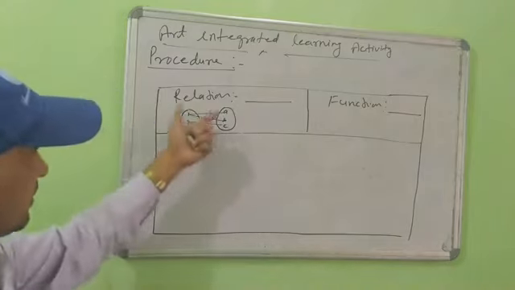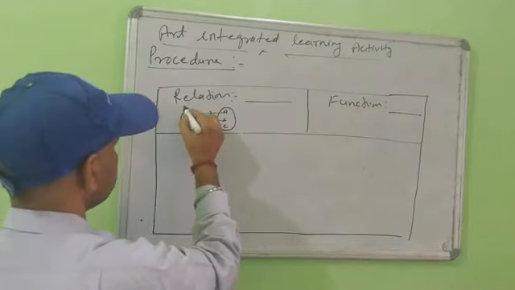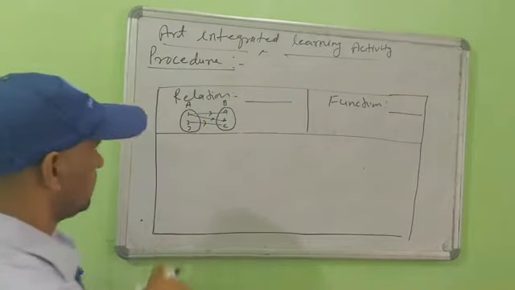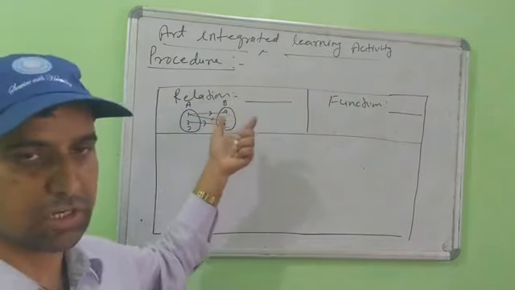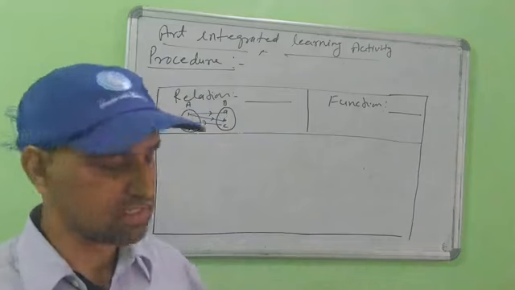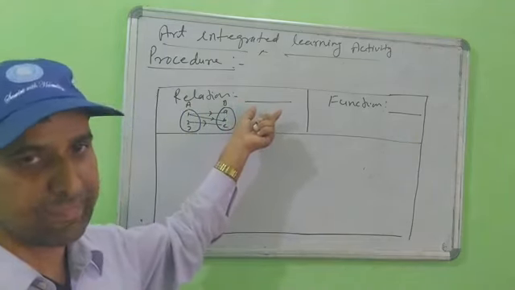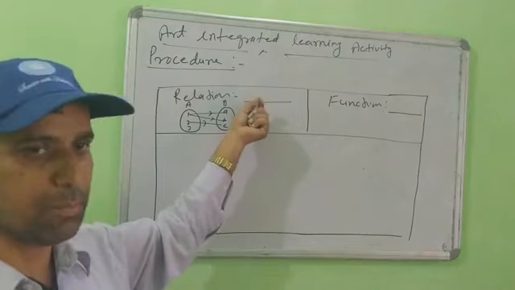In this type, this is the domain part. Suppose this is the set A and this is the set B. Simple definition of the relations here. Don't write difficult definitions here. Very simple. The relation is the Cartesian product of the two non-empty sets. What is the relation? Very simple definition.